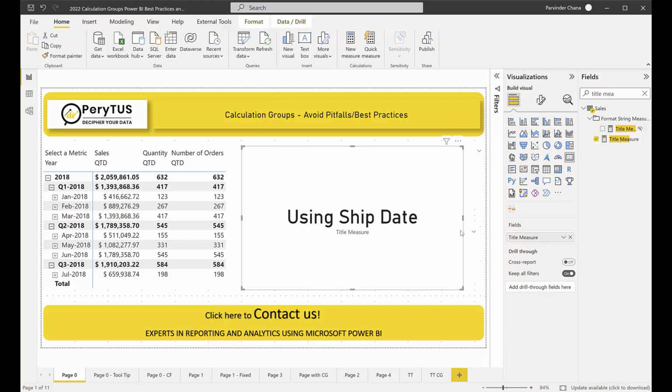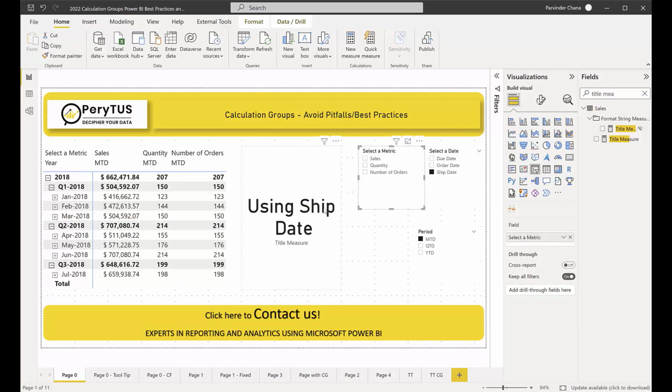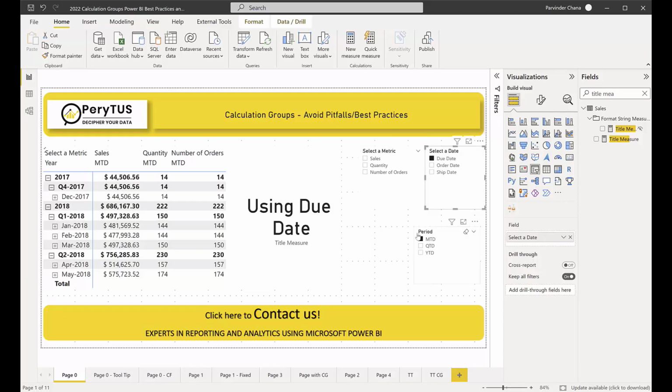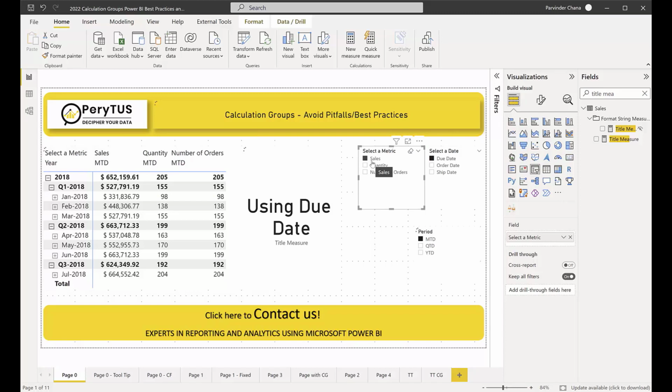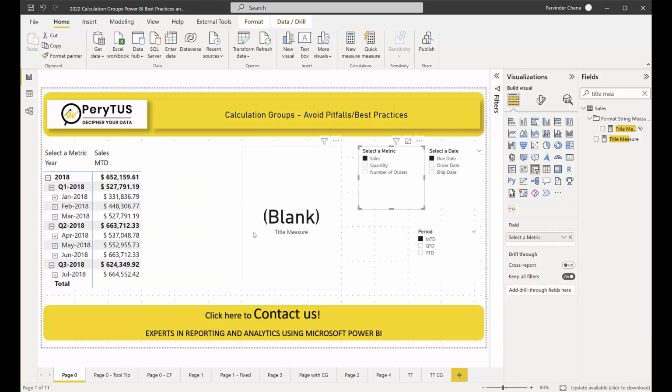Here you go. So this works perfectly fine. At this point of time, this is working perfectly fine. If I switch to order date, it's working fine. I switch to due date, it's working fine. But I just wanted to see the sales, and as soon as I select the sales, and now this